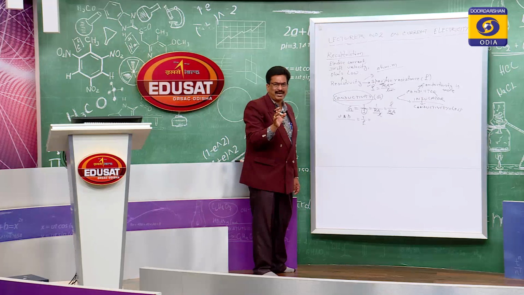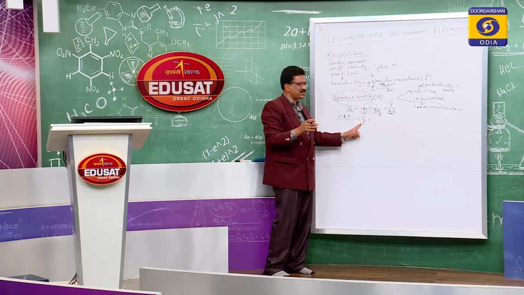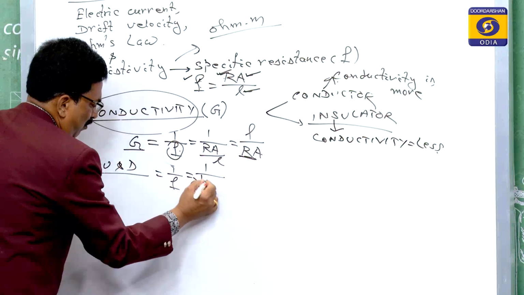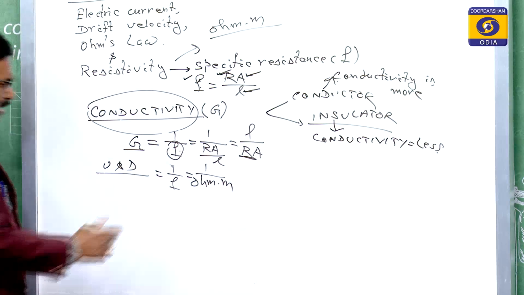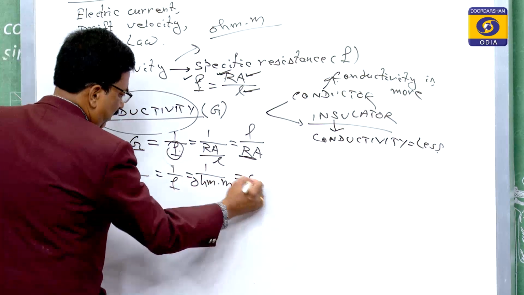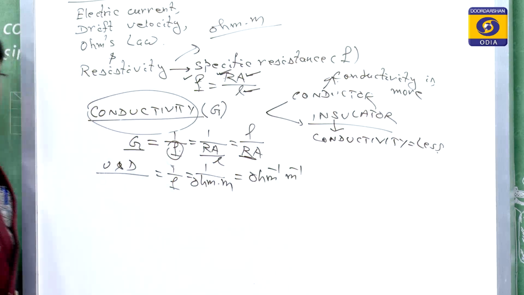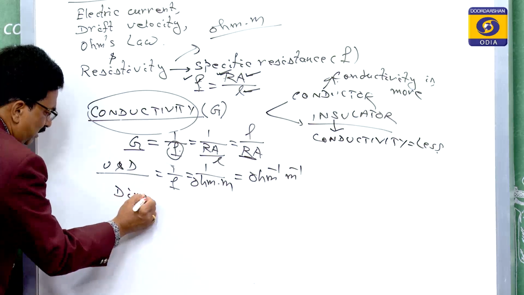If you make the practice as I said in the last class, then you can easily remember that the resistivity is ohm into meter. So this is equal to 1 by ohm into meter. This can also be written as ohm inverse meter inverse. This is its unit. If we go for its dimension,